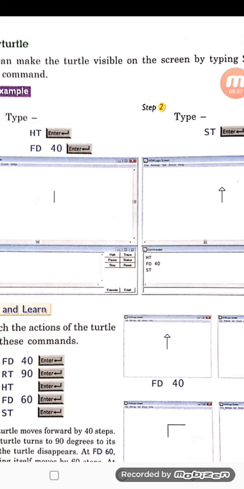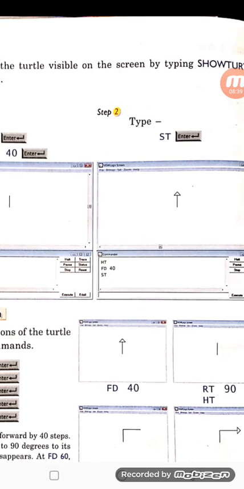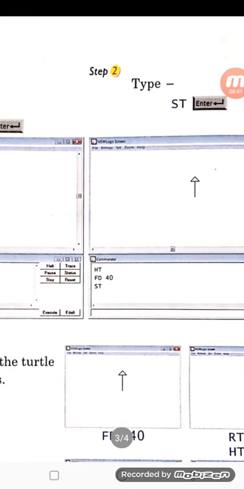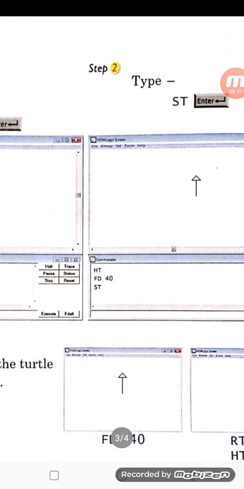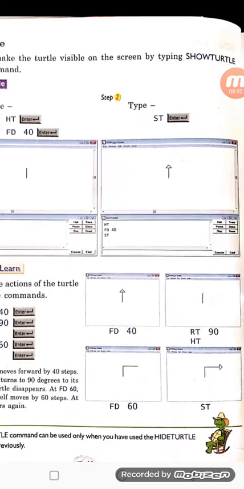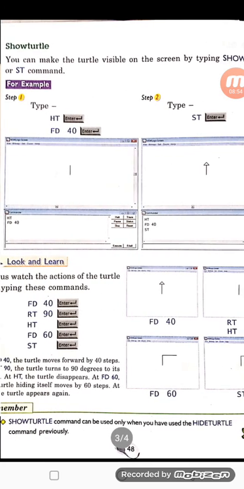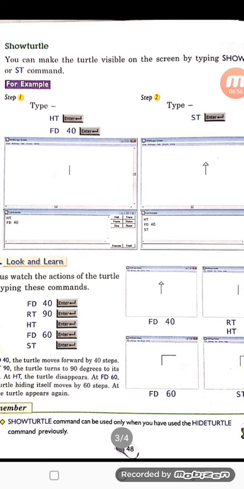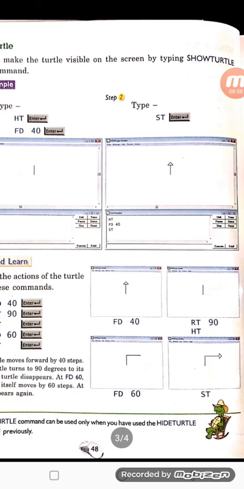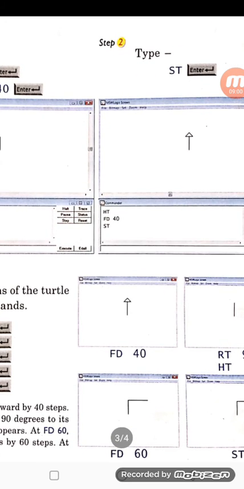The 40 steps are taken by my turtle and now I want my turtle to be shown. So I gave the command ST. Now you can see that the turtle is visible. When we give the hide turtle command it will hide our turtle, and when we give the show turtle command you can see that our turtle can be easily viewed on the screen.